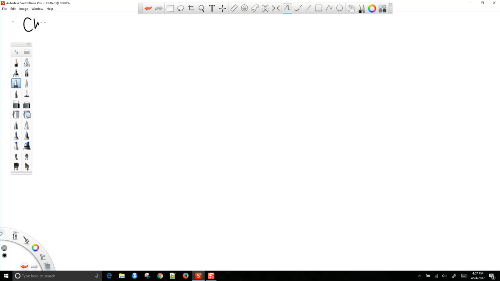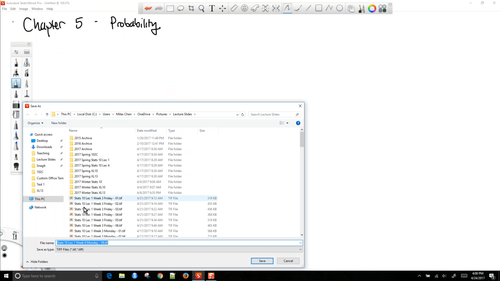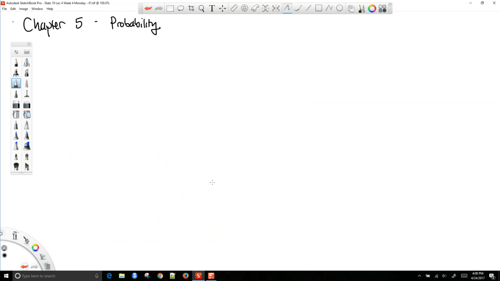Okay, so today we are covering chapter 5, and this is probability. Okay, and so when we talk about probability, the big idea here is we're trying to express how likely or unlikely an event is. Okay, so with probability,